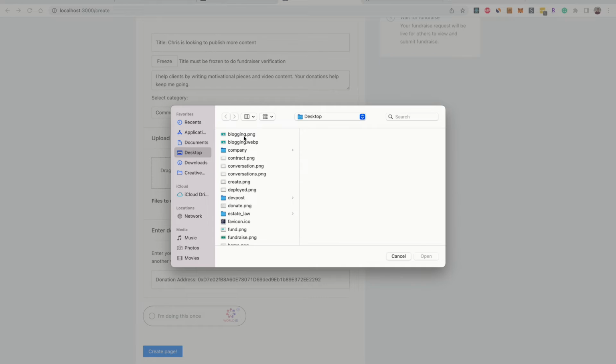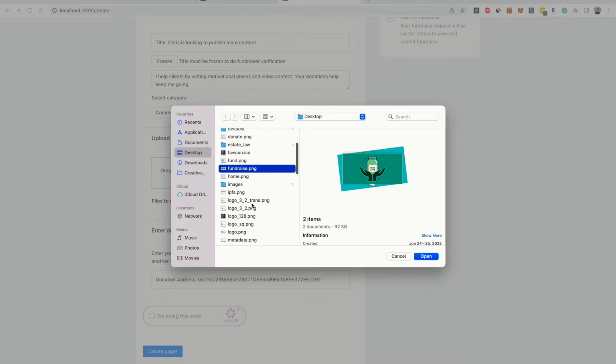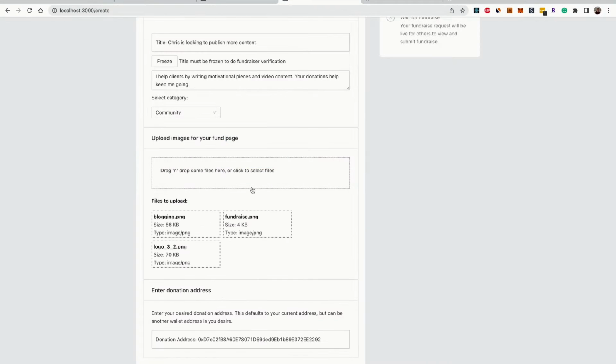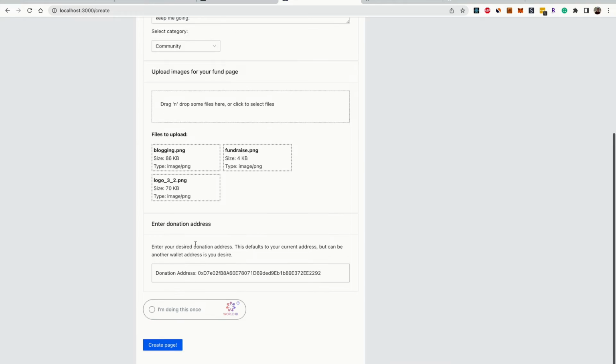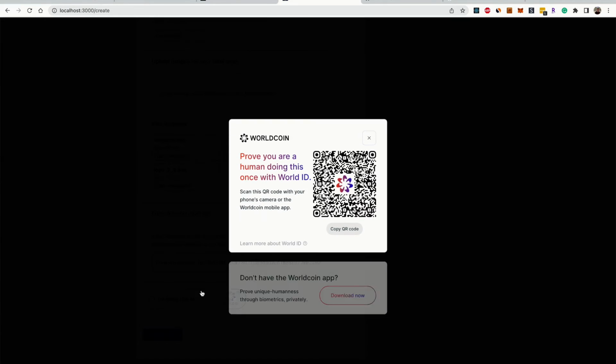Upload some images. So this is what is going to be displayed on the page, and these are all hosted on IPFS, so the user doesn't need to have any self-hosting or have any agreement in order to do this. It's just deployed as part of the contract. And those are just some random images. You need to freeze the title, and then World ID activates and says, okay, do you want to deploy this